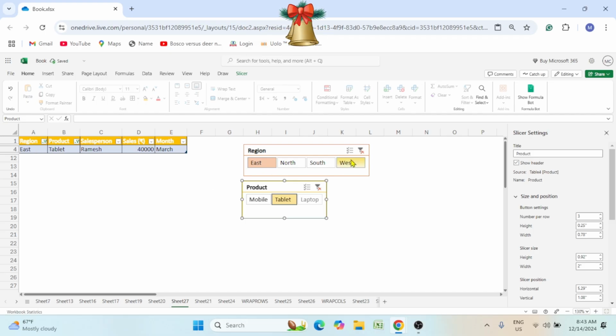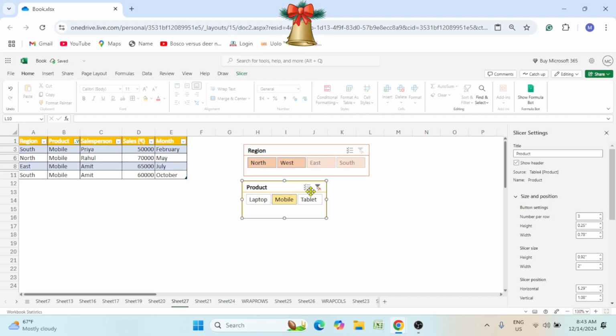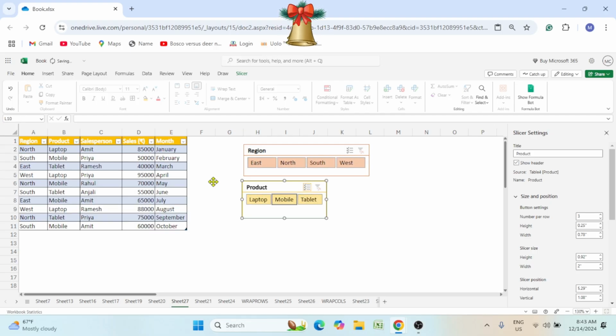So if you want to clear the filters, you can see an option here: clear filters. Clear it. You can see the entire tablet has three units from different salespersons. Mobile. If you want to unfilter it, you just click on it. It gets unfiltered. So we can use it and easily filter, and you can add graphs for this too,